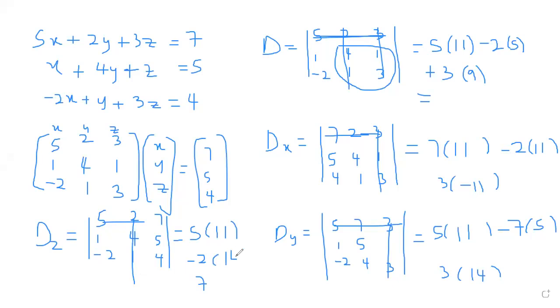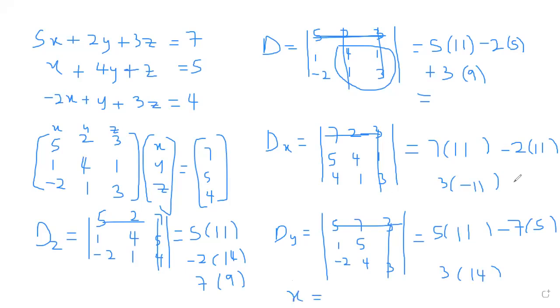And then finally, when we pick 7 here, we are left with 1 minus 8. So that will be 9. Once you find the answers, then next, for your solution,